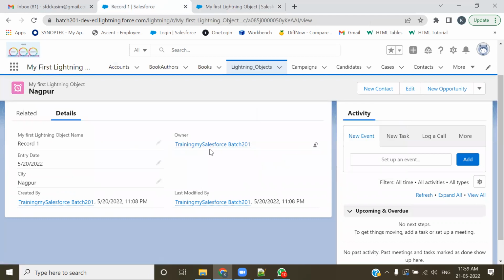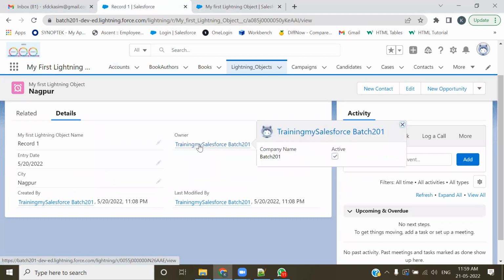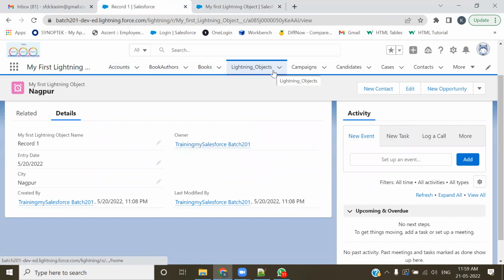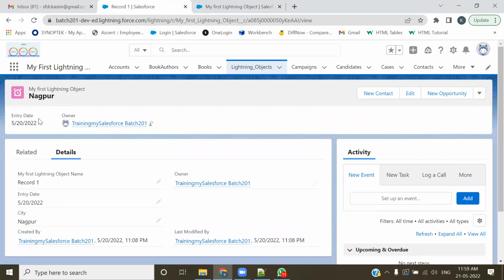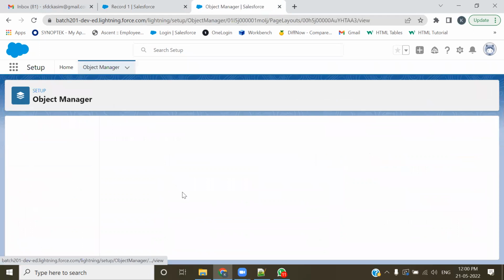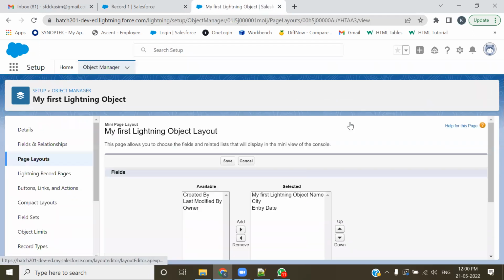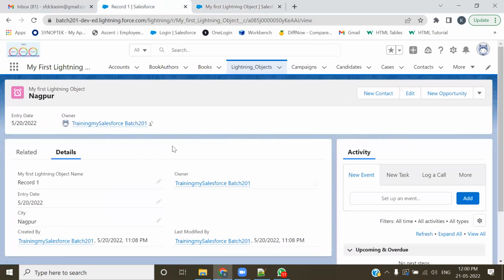तो this is अभी यहाँ नहीं होगा, because ये दूसरा page layout, ये Owner का page layout, you can see. अगर कोई ऐसा page layout है by the way जहाँ पे ये call हो रहा है, ठीक है, जहाँ ये record call हो रहा है, ये पहला जो record बनाया हमने, Record number 1, अगर ये कहीं भी call हो रहा है, मतलब ये अभी Record number 1 पे link नहीं है, link Owner पे है, और ये User object पे जा रहा है। अगर by the way कोई ऐसा object होता जहाँ पे ये link होती, तो जैसे ही मैं Record number 1 पे अपना cursor लेके आता, तो जो fields अभी मैंने Mini Page Layout में यहाँ पे select करी, जिसमें उसका नाम, City और Entry Date, वो actually दिखता था। तो this is something called as Mini Page Layout, इसको बोलते हैं Mini Page Layout। ठीक है, एक ये भी हो गया।